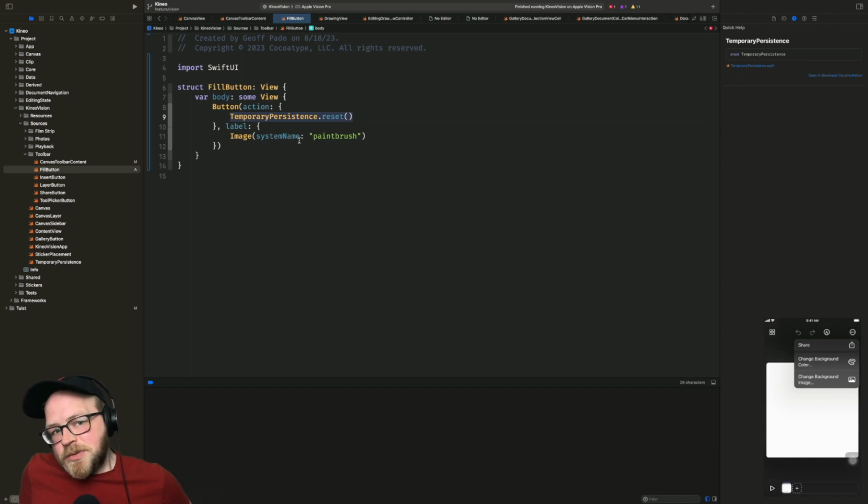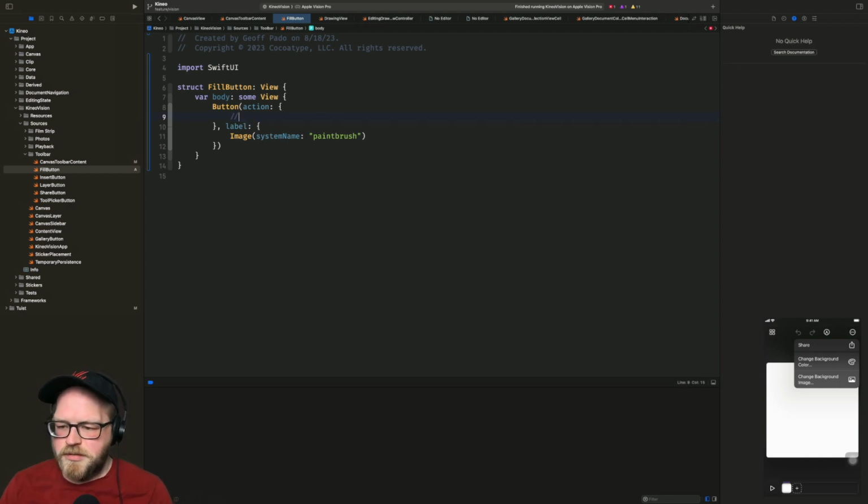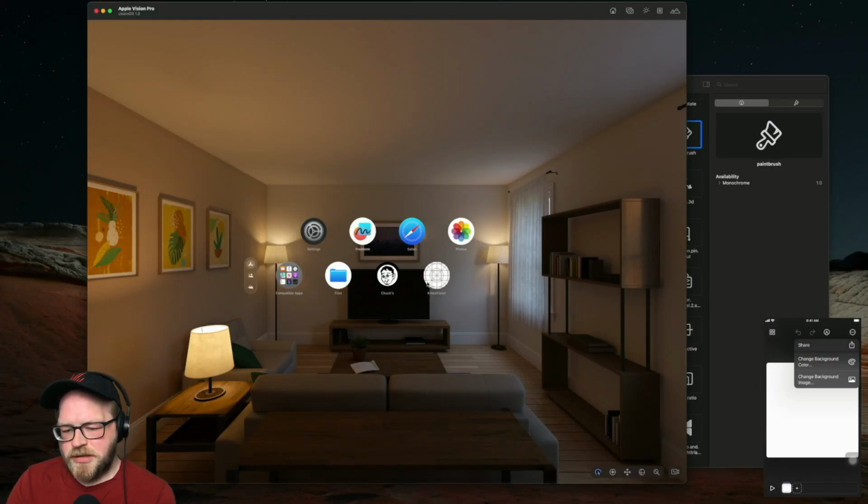Okay. So what I want to do here is present a color picker, I guess. Yeah, so we'll need to, okay. Present color picker. I think the first thing we need to figure out is how to present stuff, how to do a popover. Because what we want it to look like is kind of like,